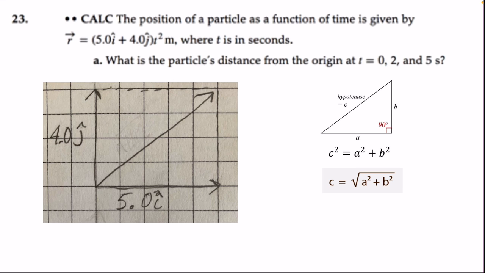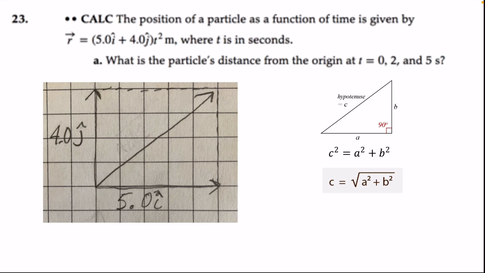So one of the first things I note about this problem is the usage of unit vectors. Unit vectors are basically just a way to decompose a vector into its x and y components. You can see j hat represents 1 unit in the y direction, and i hat represents 1 unit in the x direction. So that relationship allows for